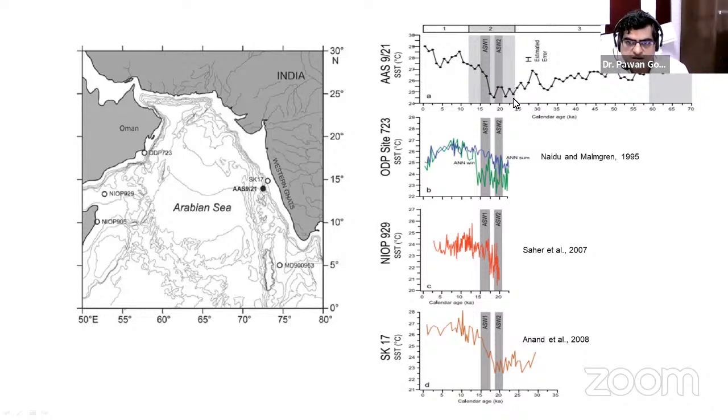Apart from that, it was very unusual to see that we have two warming periods in the Eastern Arabian Sea records, and we compared our results with other SST data sets from the Western Arabian Sea, the Eastern Arabian Sea, and the Southeastern Arabian Sea. We have seen that similarly they have also captured this warming. So this warming